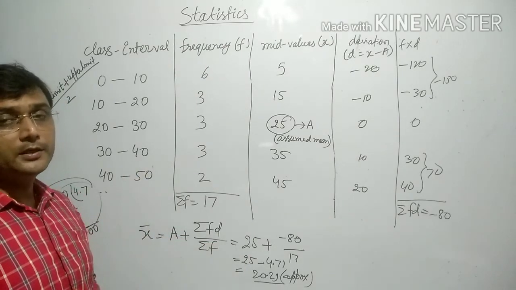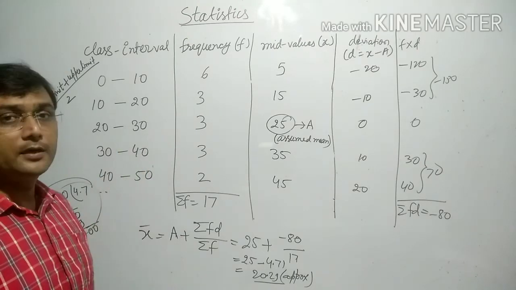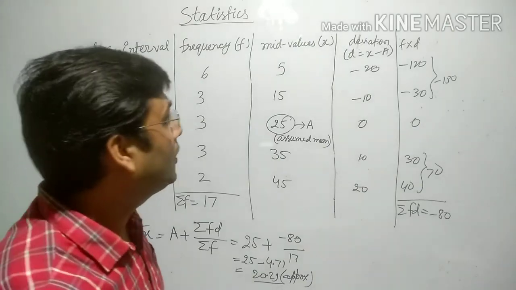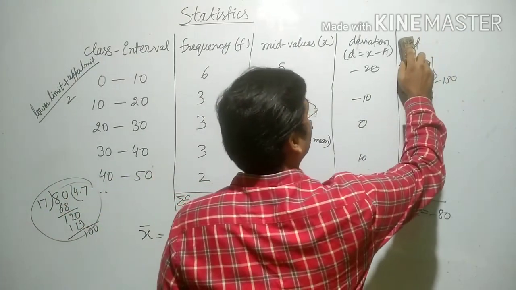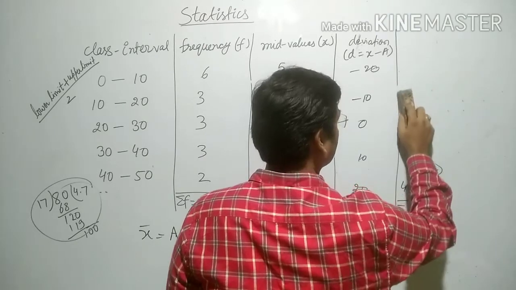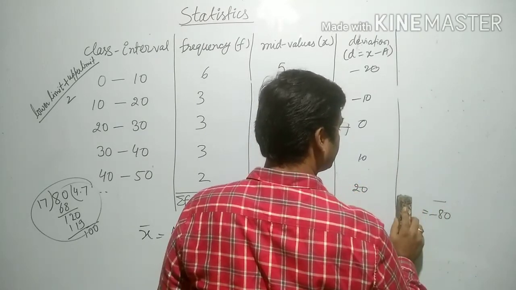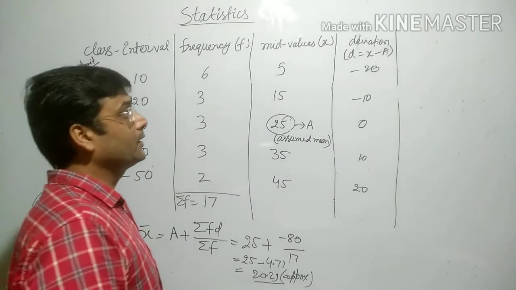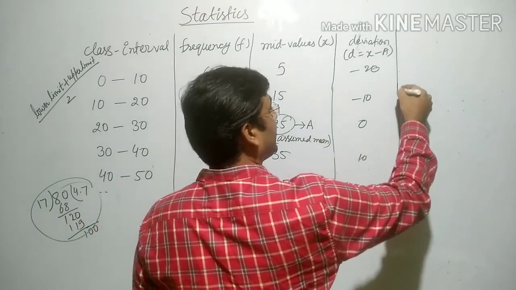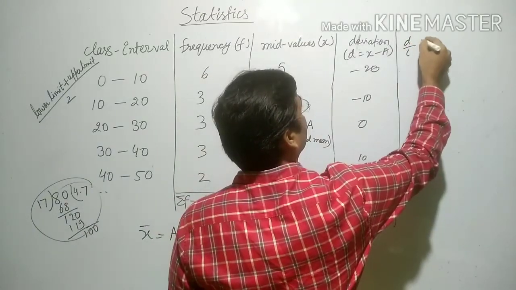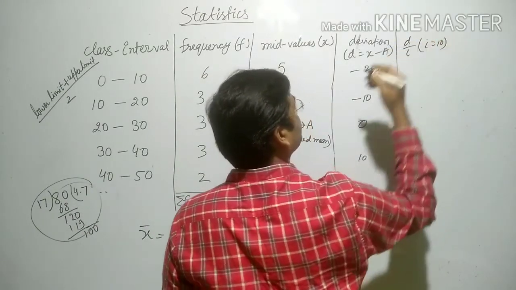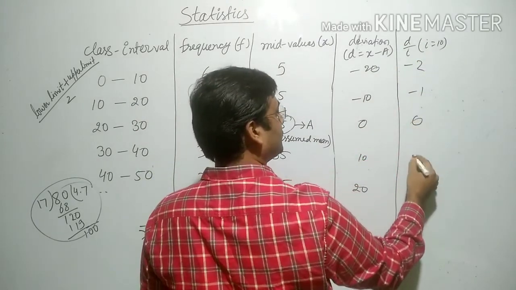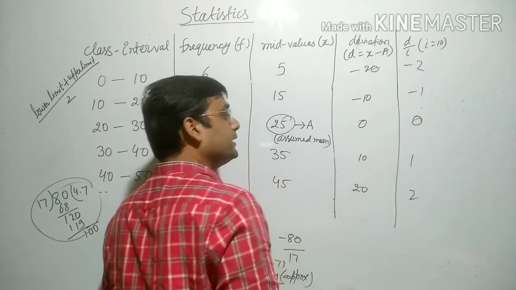Now the third method we will implement on this same data. Then what will be the changes here? So only this step we have to remove from here. Only this one. There is no need to do this, as whatever we had done in the raw data. Next step we will find i here. We know d by i is equal to 10. So minus 2, minus 1, 0, 1, 2. So now very easy data we are getting.